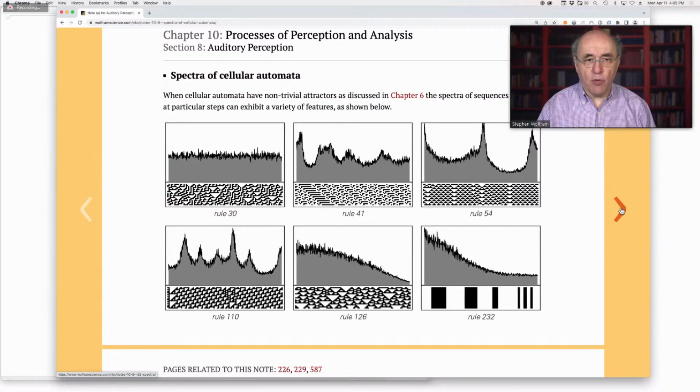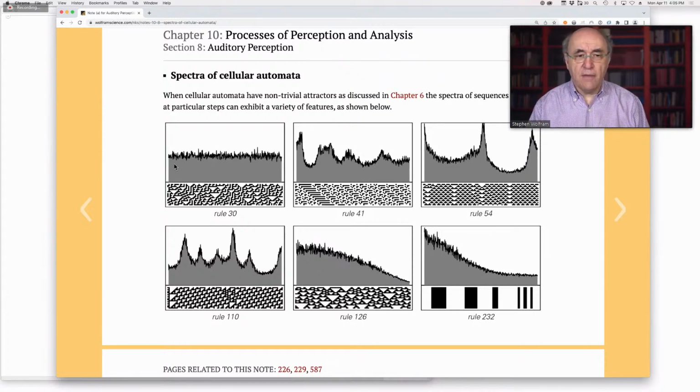Okay, this is just more details. Okay, this is for cellular automata. This is the frequency spectra that you get for cellular automata, including all kinds of complicated peaking for rule 110, and sometimes just very simple smooth curves for things like this that are just sort of random sequences of blocks put together, and so on.